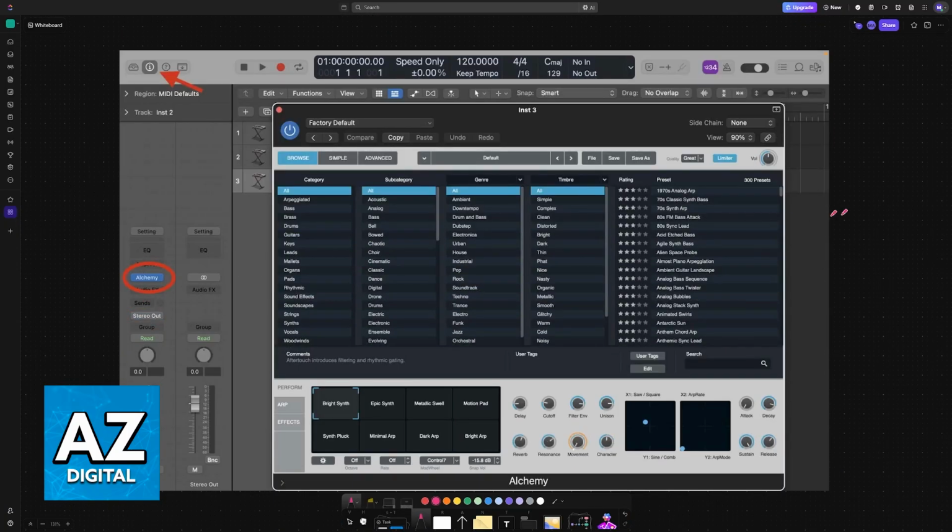Now you can explore the presets. You can use this information button here at the top left with the little I, and then you will find Alchemy. In here you can browse through all of the presets available. For this video, I'm not going to go super in-depth about how to properly use all of them. I simply wanted to showcase how you can locate Alchemy inside of Logic Pro X, but it is very intuitive.